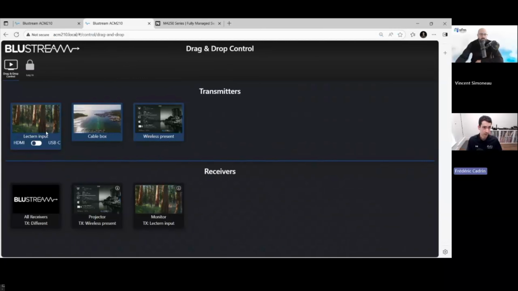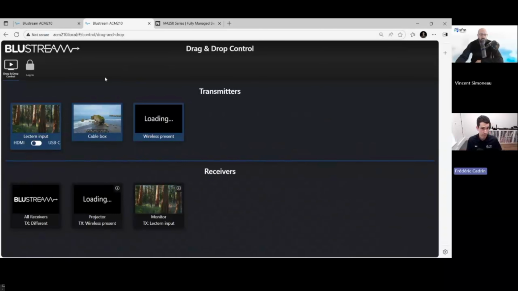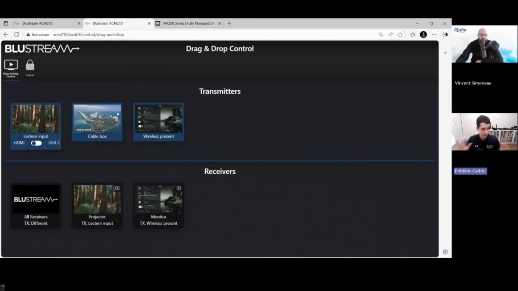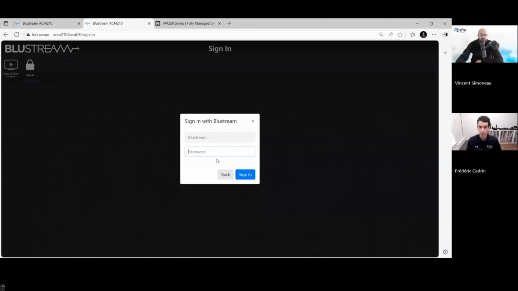So your client can use the iPad app or iOS app, so iPhone, iPad, Android app. They can put the IP address of the ACM 210 in their browser, and they can control the system without messing with all of the other settings, basically. You can even decide to disable the public page if you want to, and then create users so that only certain